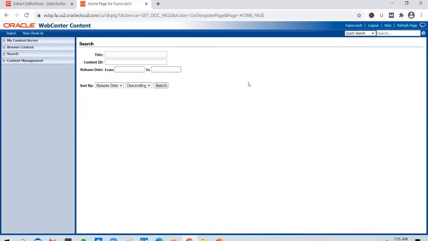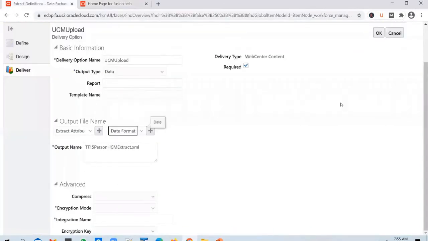So even if someone tries to intercept the file or get hold of it when the other application is trying to pull it from HCM cloud, the person who got hold of the file should not be able to read its content. So for security reasons, if the extract contains sensitive information, you can encrypt it. HCM extract supports encryption out of the box.